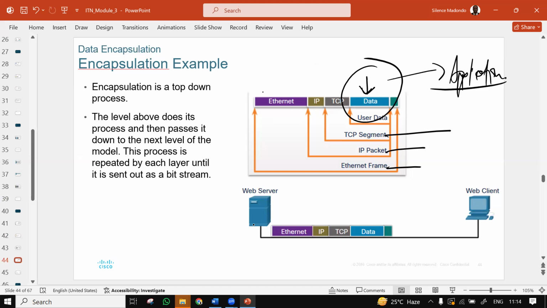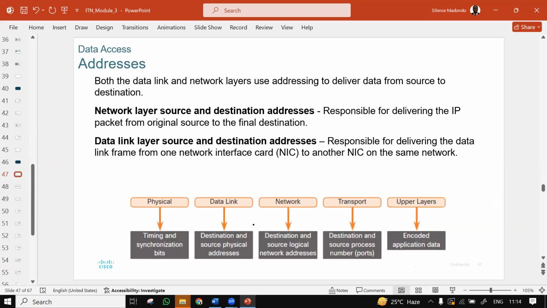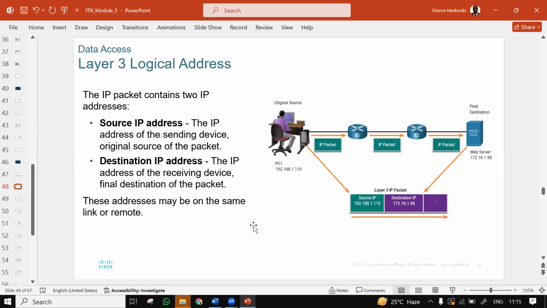That is basically what is happening. De-encapsulation dealt with that already. Data access, right? Both data link and network layer use addressing to deliver data from source to destination, right? Data access is basically talking about my addresses at layer 2 and layer 3. How do I know where to send information? I know by the addresses. Two types of addresses: my addresses at layer 2 and layer 3. The difference between those addresses, let me use